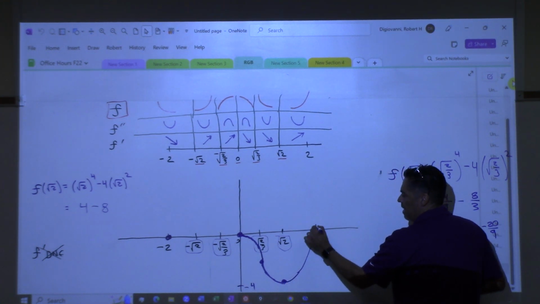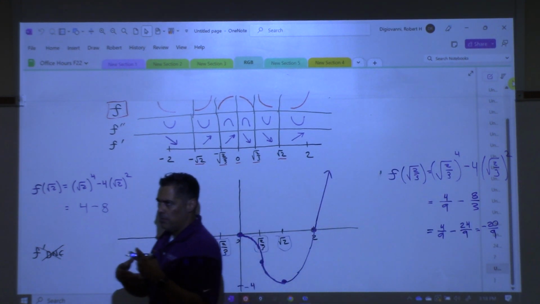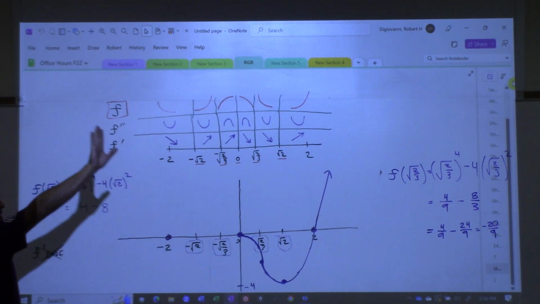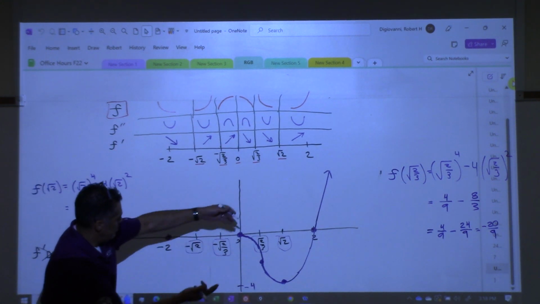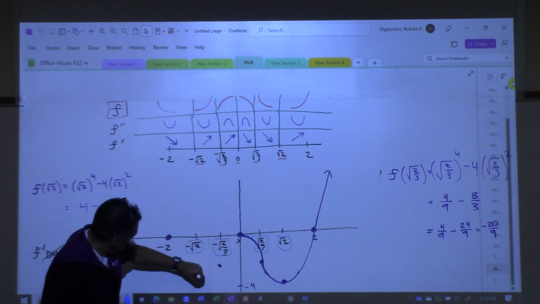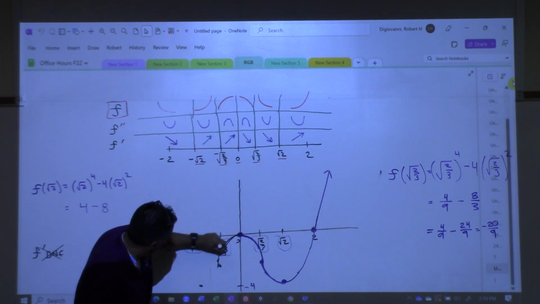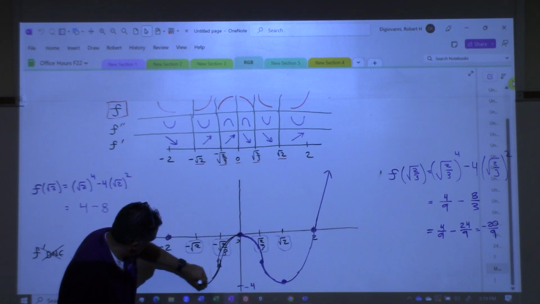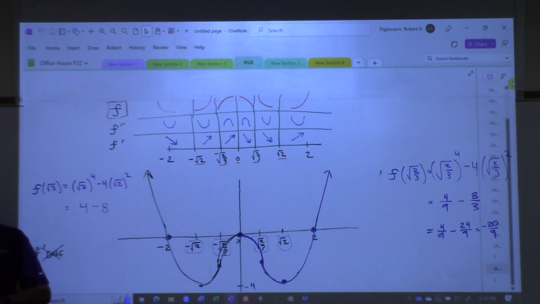And then what happens now? I just keep going up. Why? Because we knew from the asymptotes that the right side was going to go up forever. And now the other side is just a mirror image of this, like a reflection. So this point here is here, this point here is here, and then it does the same thing. It's a mirrored image, so it matches this right here. And this one goes like this, and this one goes up forever like that. And that is very accurate in terms of